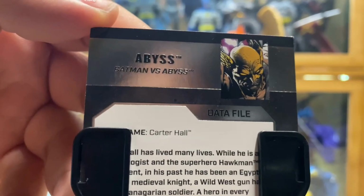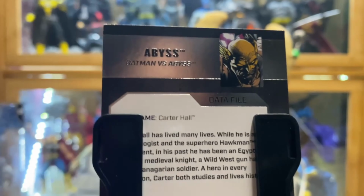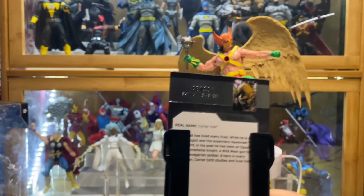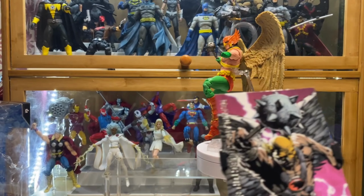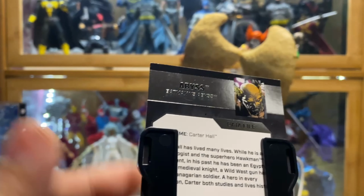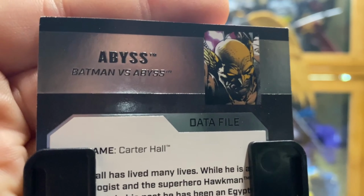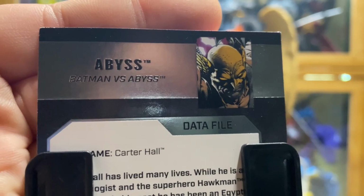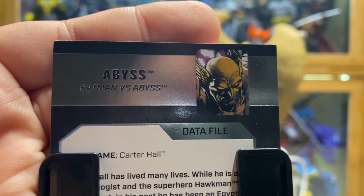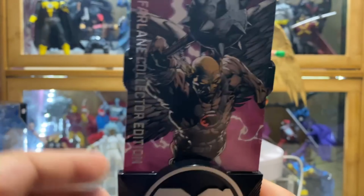Just look at that. McFarlane, I mean, what were you doing? You messed up on this one. And I just said that I love collecting this card. And I love the Chrome version. After I praise it, then I saw this error. I mean, Abyss. I mean, yeah, it's clearer there. I mean, look at that. This is a very rookie error, right? Man, anyway,